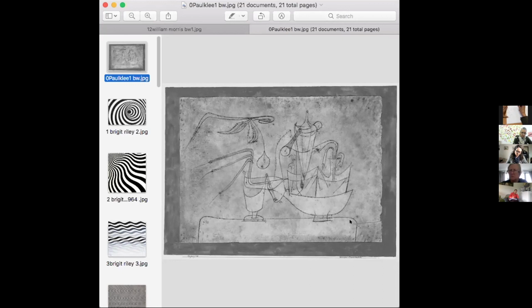Now your lines could cross each other if you want. They don't have to, but if you feel you want them to cross and come back to a space where you were before, you can do that.